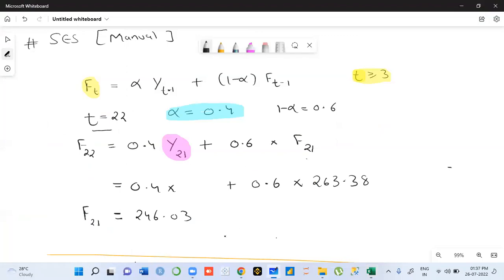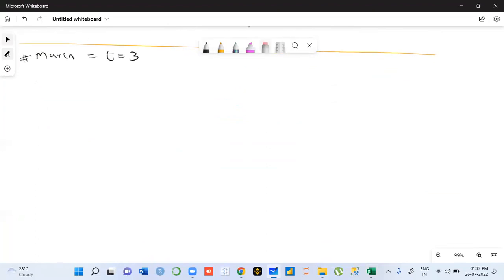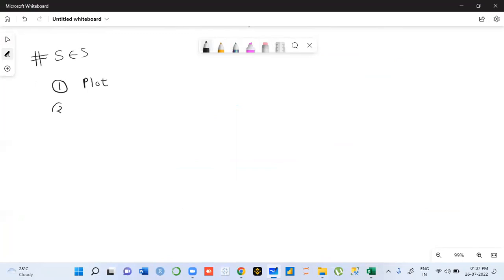Now let's check your knowledge. Be patient. Questions behind it. Point number 1. Whenever you receive a time series, what do we do? We make a plot. After getting a plot, we need to find